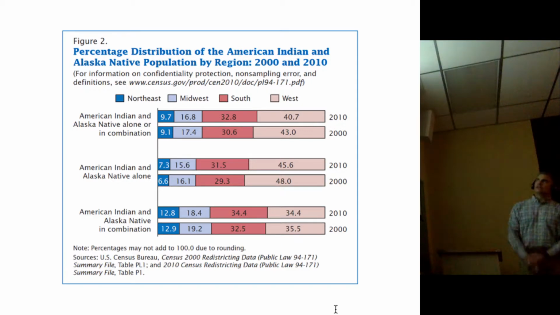All right, here's some more graphics on the distribution of American Indian and Alaska Native peoples between these times, and this just shows some regional distributions. American Indian and Alaska Native alone or in combination. We'll just stick with this. So you have in the northeastern part of the United States, this is the percentage of the total population of the American Indian population. But as I said the other day, the West is the big one, and then here's the South.